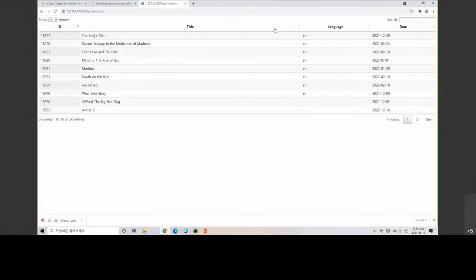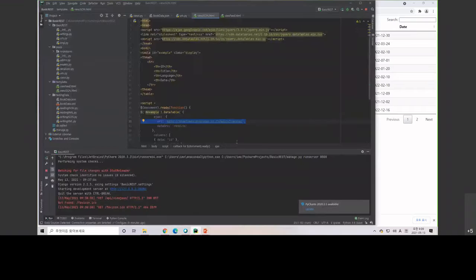So you don't need to make your own database, but you can just get the JSON, or you can get the XML in their API. Okay, so what is the API? In this case, this is their API. So we can get their API, and then